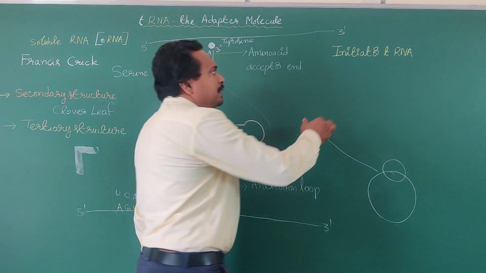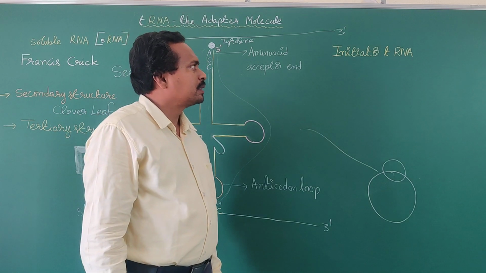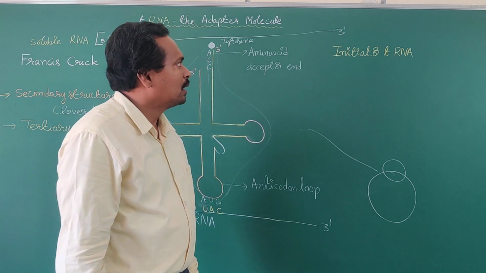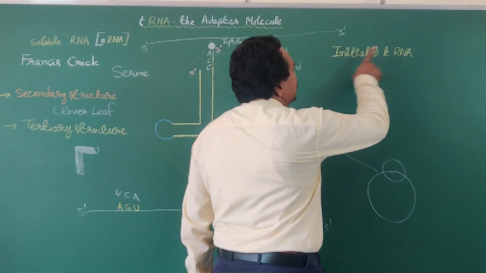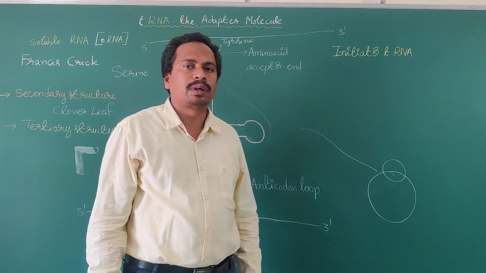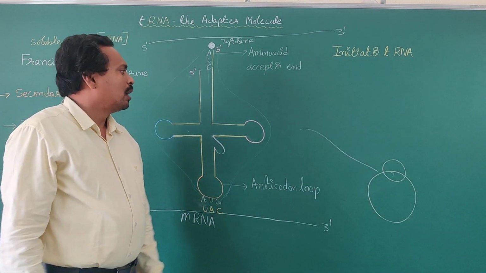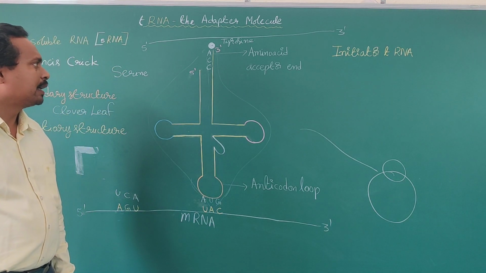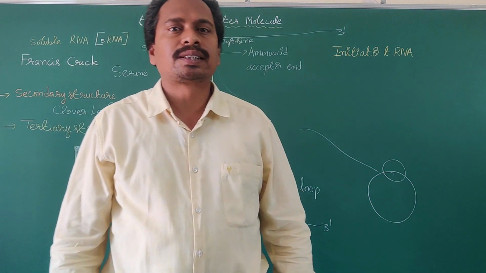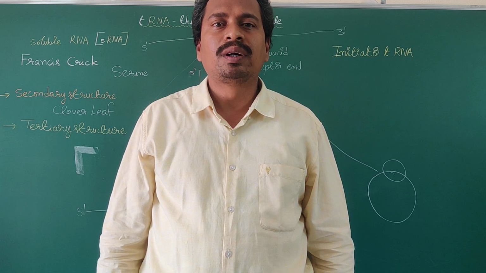And the initiator tRNA. First of all, during protein synthesis, the first amino acid is carried by one specific tRNA molecule that is known as the initiator tRNA. Initiator tRNAs vary depending upon the type of organism. This role we will learn in detail in the translation process. Okay, is it clear? In the next class we will discuss the translation process. Translation is one of the steps in protein synthesis.